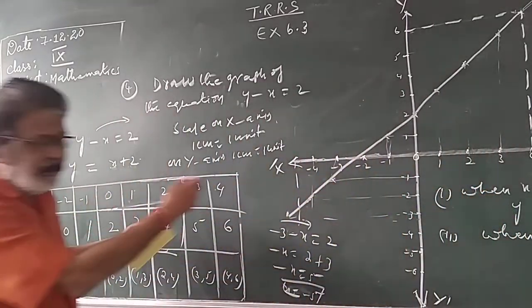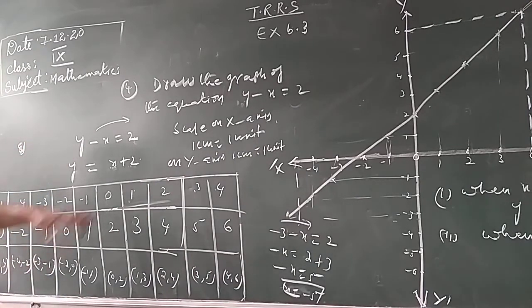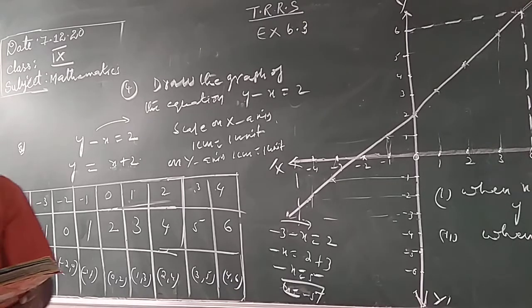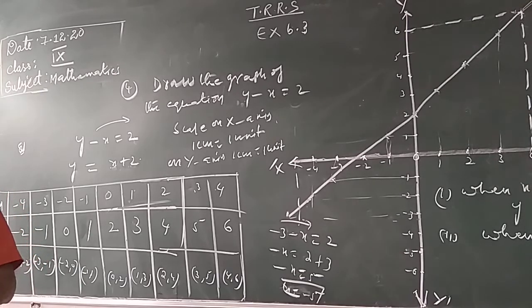So like that you can draw the graph. More than 4 values also you can take. Take 5 positive values and 5 negative values of x. Substitute, you will get the y values. Like this you will get the graph. I hope you clearly understand, children. Okay, right. So the same model you can do for the fifth problem also. We go for the fifth one.